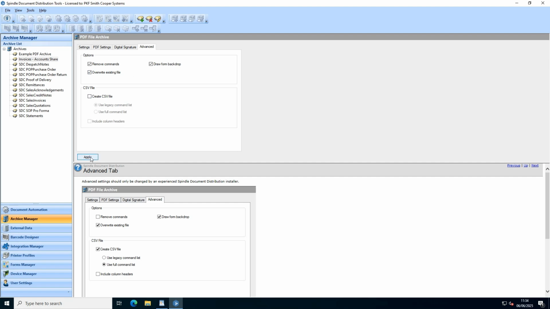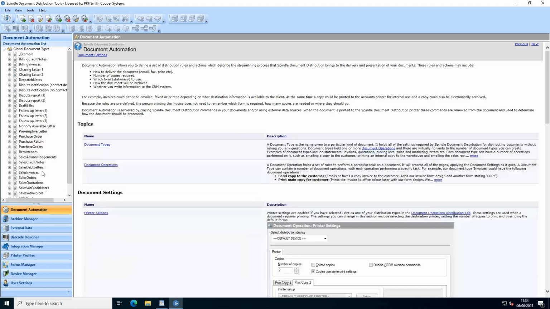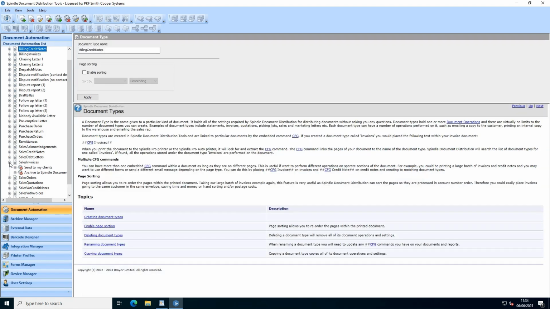Once you've created the archive, you need to apply this to a document automation. So we select Document Automation and find and open the required document. This will display any operations currently set up. You could select an operation to apply the archive against, but here we'll create a separate operation specifically for this archive. So we right-click the document automation, select New Operation,